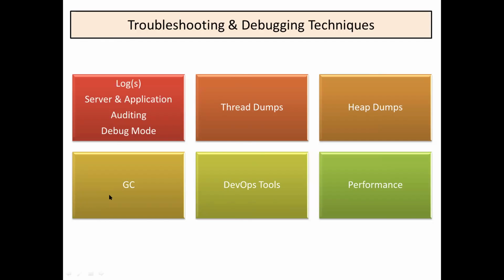Then there is GC, garbage collection. Garbage collection also generates some log files. We need to check those log files to see whether the garbage collection is happening fine, or whether it is taking more time. If it is taking more time, why? What is the object which it is not able to clean? We have to debug those issues and see what code is causing that problem. If the garbage collection is not able to clean an object, it will keep on trying, and it takes a lot of CPU cycles. We have to go to the garbage collection logs to find the root cause and fix that issue.